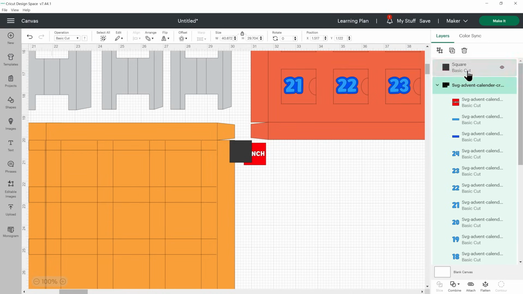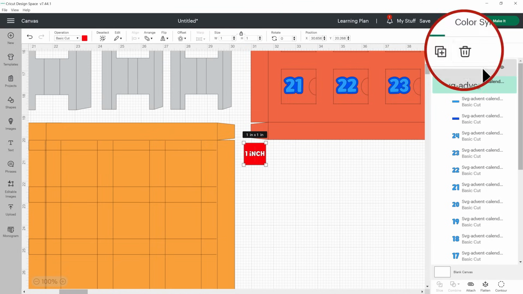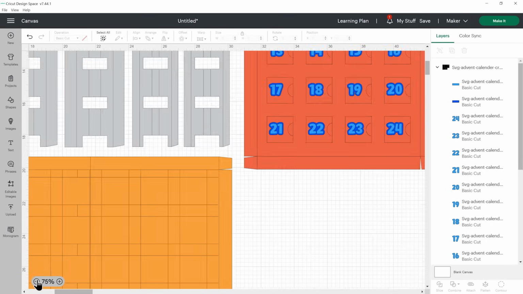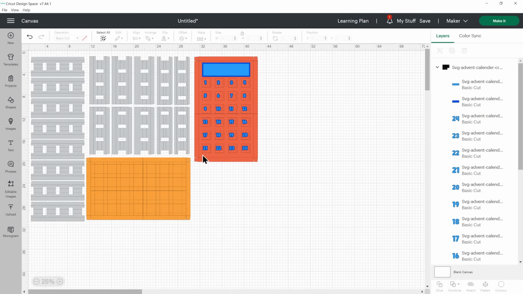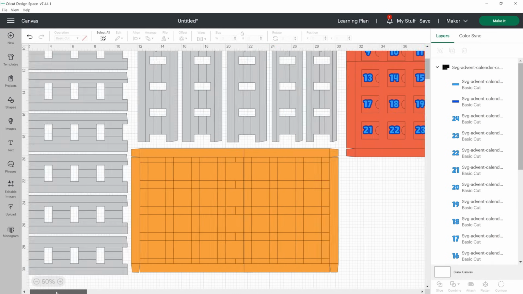But mine loaded in fine, so I'm going to delete that and also click on that 1 inch square layer. Just click that one and press delete on the keyboard or the little trash can to get rid of it. Okay, we'll zoom out so we can have a look at what we've got, because it does look a little bit complicated at first.